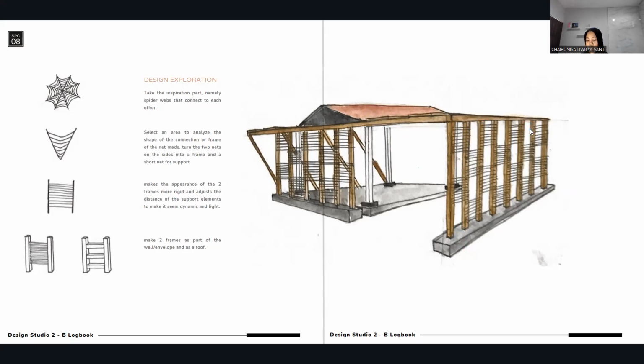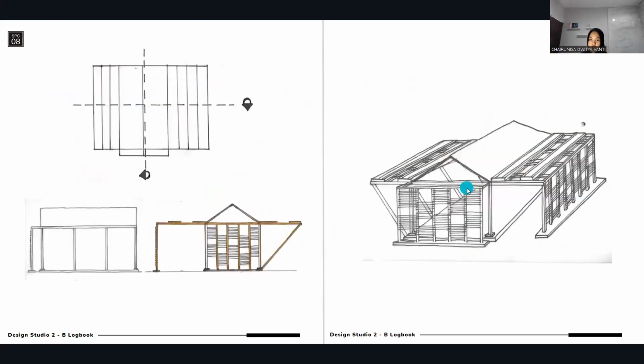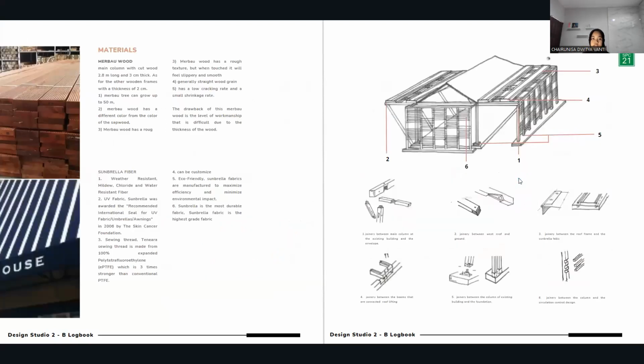So at the west and north sides, we will open the view. The west one is straight to the battlefield, and the north one is straight to the mountain view. The sticks at the walls will represent the shadow falls, so they can make the inside of the building cooler. The roof has a slope of around 7 degrees to allow water to flow, and it is designed by steps with a small gap, as you can see here, so it can still manage the sunlight entering the building. The materials in this design will use summer pulpwood and Sunbrella fiber, because Sunbrella fiber is weather resistant, UV fabric,